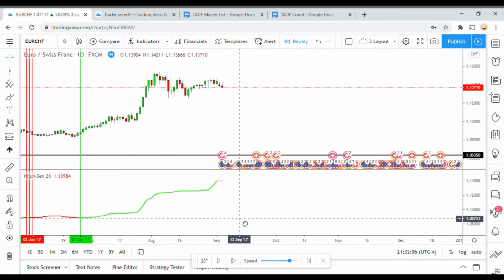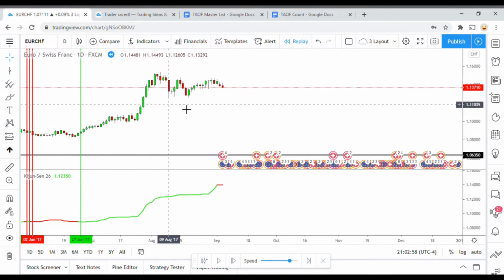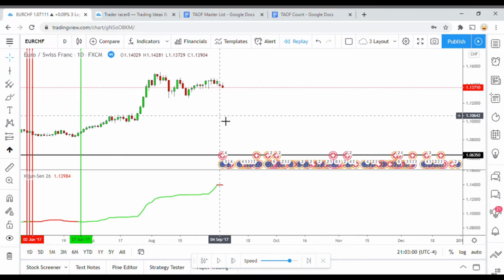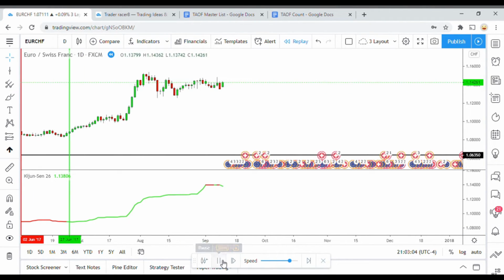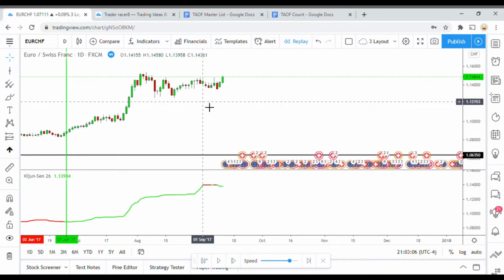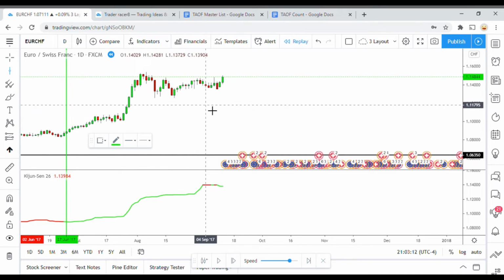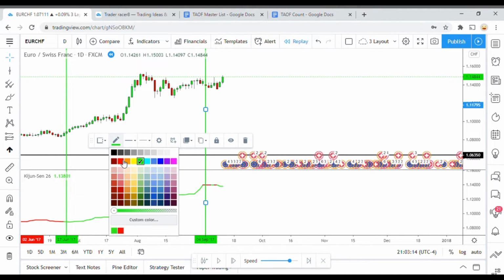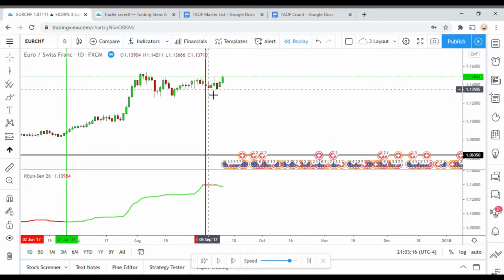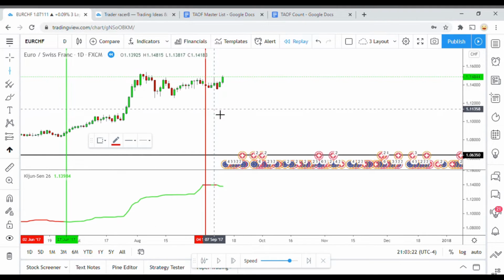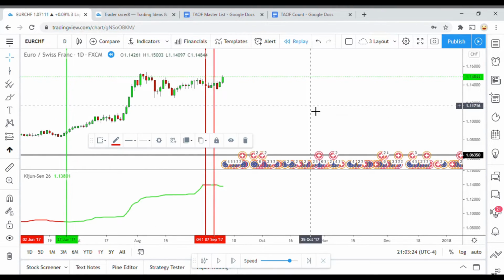It is not giving us another signal at this point. There we go. So let's see, we pick up a short signal right there. Let's play it out a little bit here. And unfortunately, we lose on that one as it flips to a long signal